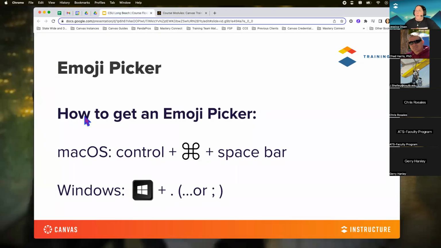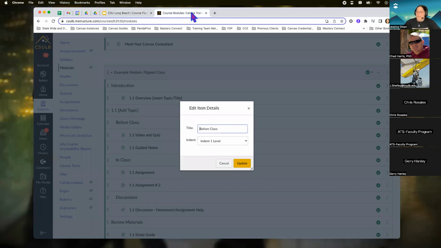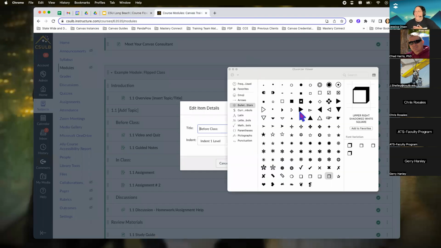So, if you're using a Mac, use your control plus your command and space bar. Or if you're using a Windows device, you can use your Windows button and the period, or it might be the semicolon. I actually included the shortcut to hit the function key on my keyboard, and it pulls it right up for me. So I am on a Mac today,